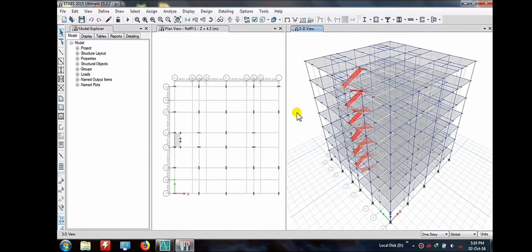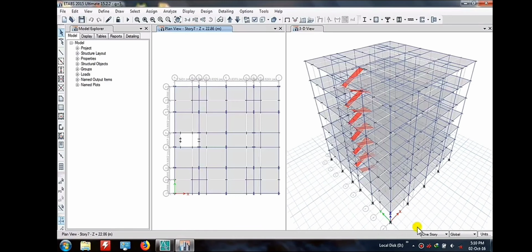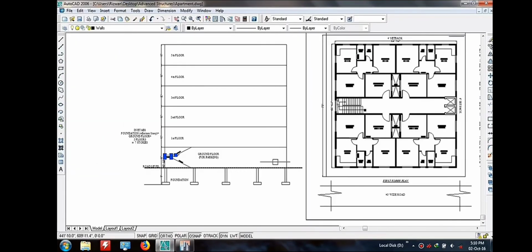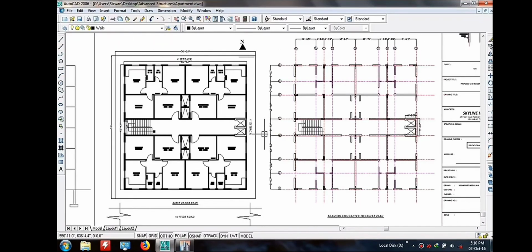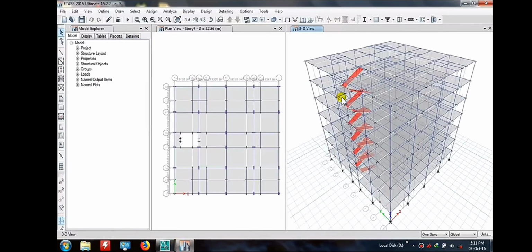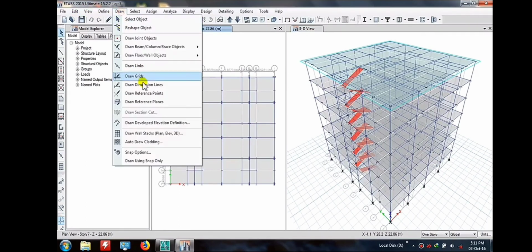You can also see it in 3D view and elevation. Okay. Now nextly what you have to do, in the next step we have to make this opening. Now we are going to construct this opening. और मैं ये भी बताऊंगी किस तरीके से आपको ये opening को define करना है. तो opening is just similar like a wall. So what we are going to do, we are going to define